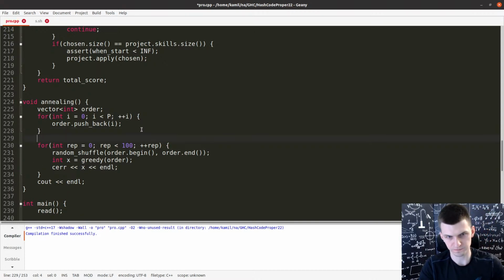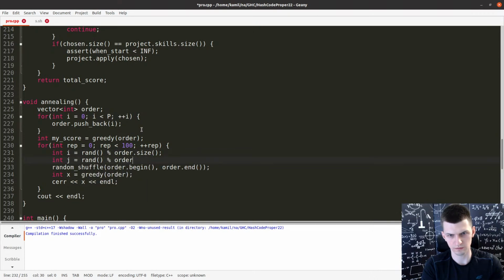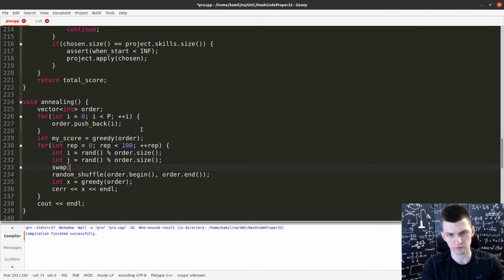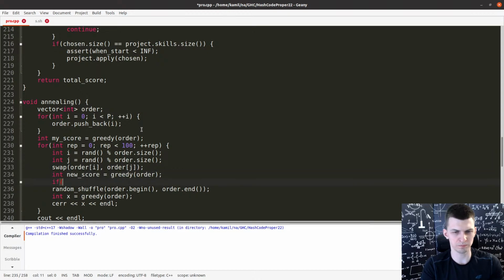And now my score is greedy. And that many times swap two random elements. Swap order of j, order of i. New score. And check if that's better or let's say not worse.